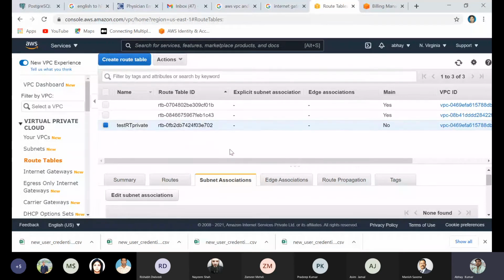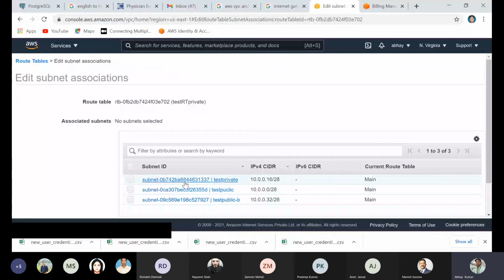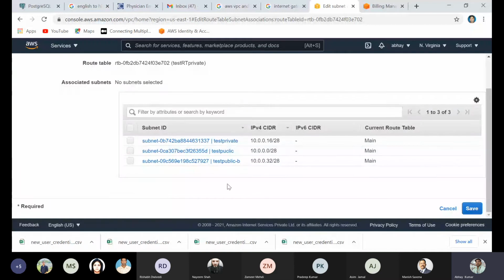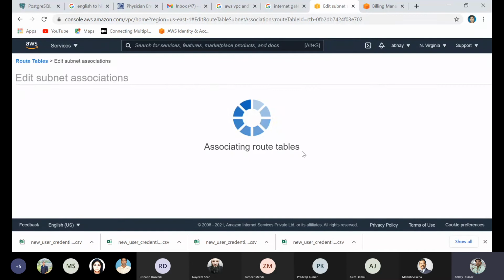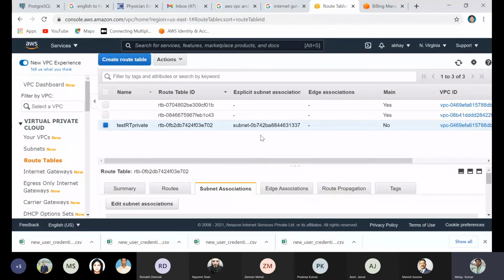So I created this one as a private route table. And go and add some subnet here. So I have created 4 subnets. So you can select any one. It's a private, so for a private route, you can attach only a private subnet. So it is attached and reflecting here.